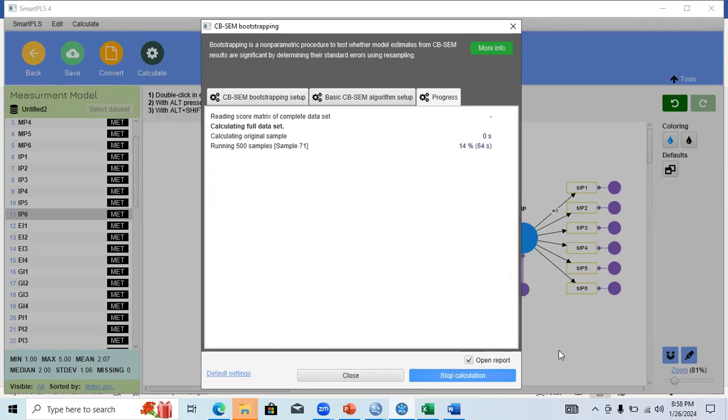So after doing this, I will try the moderation analysis, and the procedure is quite different from the previous one, and you need to understand the procedure. Just wait for a couple of seconds and we will see the results.